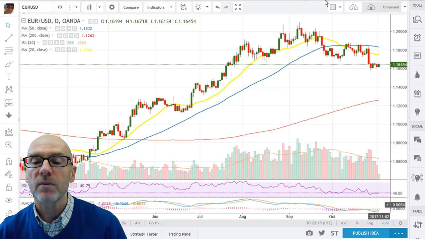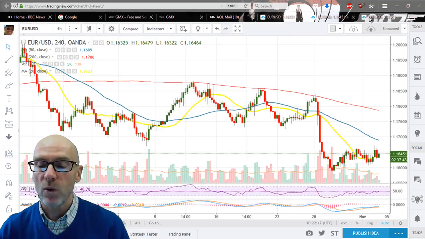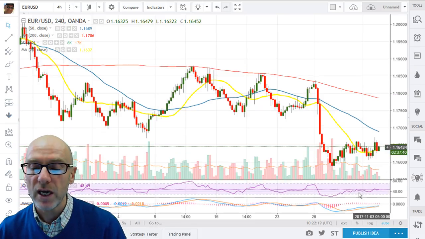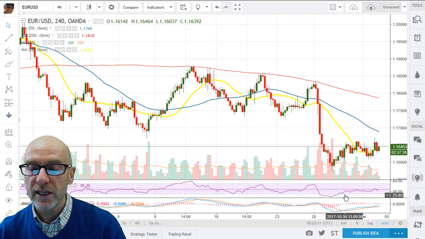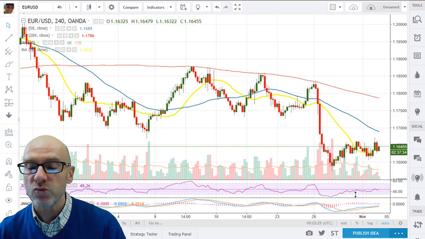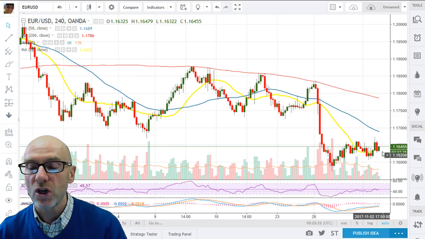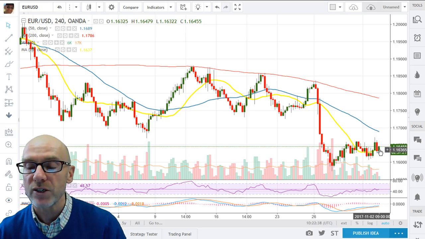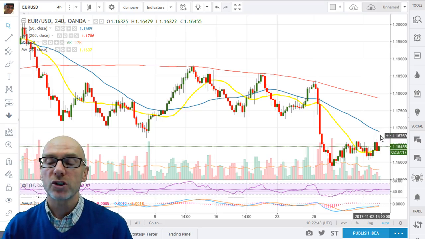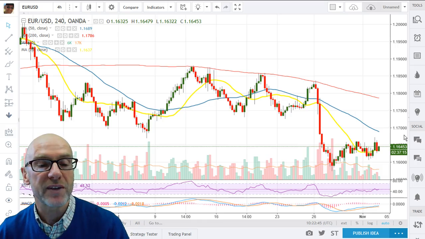On the 4-hour, if you look at the RSI here, you can see that we have had this bottoming feature. It's rising, the RSI, indicating upside momentum is increasing. Very short term, this may allow us, now that we're back above the 24-hour average, which is moving up, that will give support. That could push us towards the resistance of the 50, which is